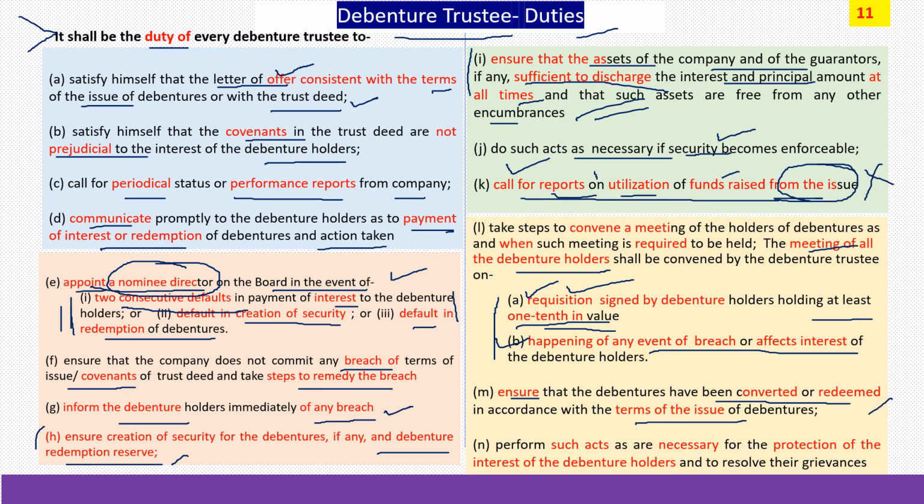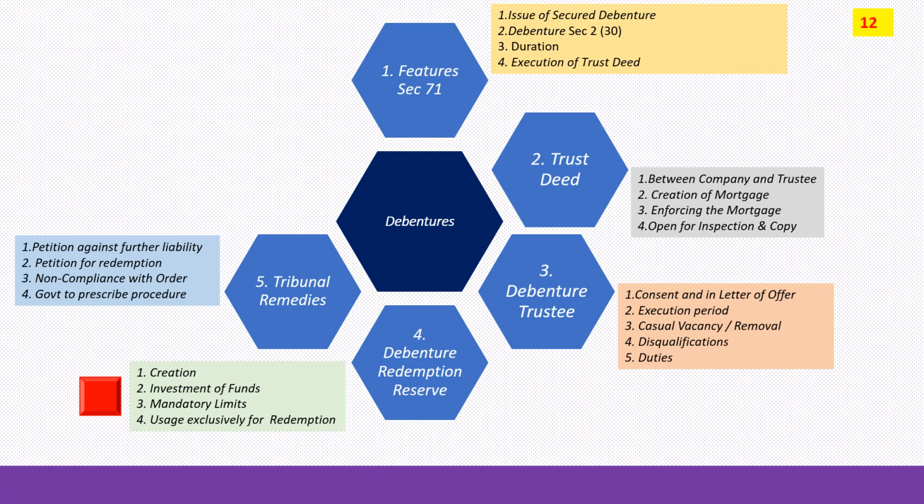And to put it in a gist, the whole job of debenture trustee is only one: protect the interest of debenture holders, be it principal or interest. That is his paramount job, and he should always look into protecting the interest of debenture holders and also resolve their grievances. Let's understand in greater detail